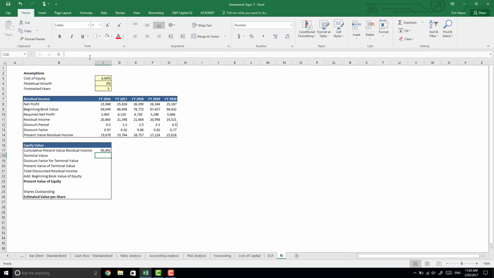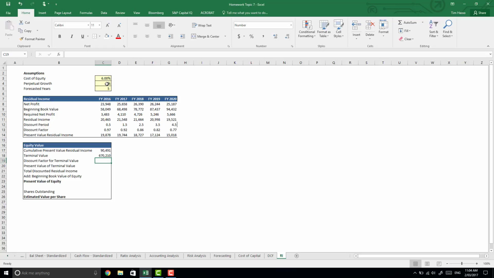So the terminal value will be equal to the residual income in year 2020 multiplied by 1 plus the growth rate, close that bracket, and you divide it by, to get it into perpetuity, the cost of capital. In this case, we're looking at cost of equity minus the growth rate. So cell C3 minus C4. Press enter and you get the terminal value of